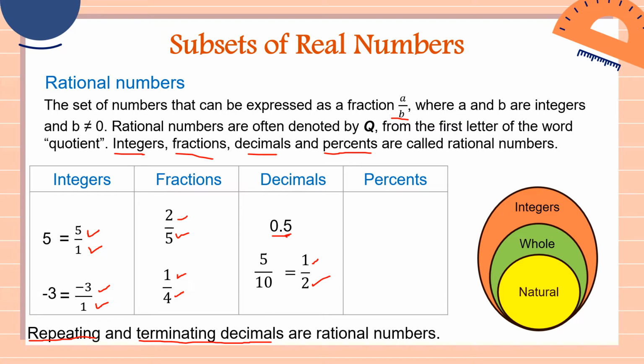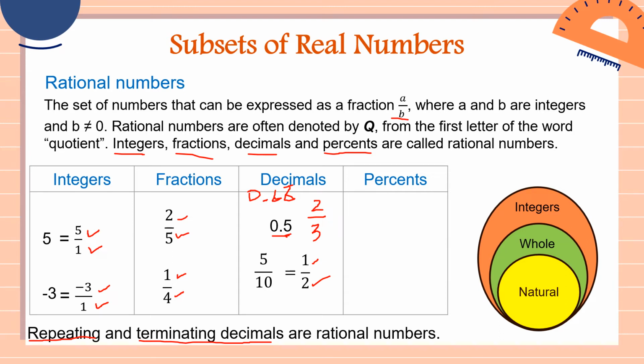Once again, class, let me just write this one. 0.666. Okay, example 0.666. Let's put a bar on the top. It means repeating. So 0.666 repeating would be the same as 2/3. If you divide 2/3, you will get 0.666. So therefore, 0.666 repeating is a rational number because we can express it as a fraction.